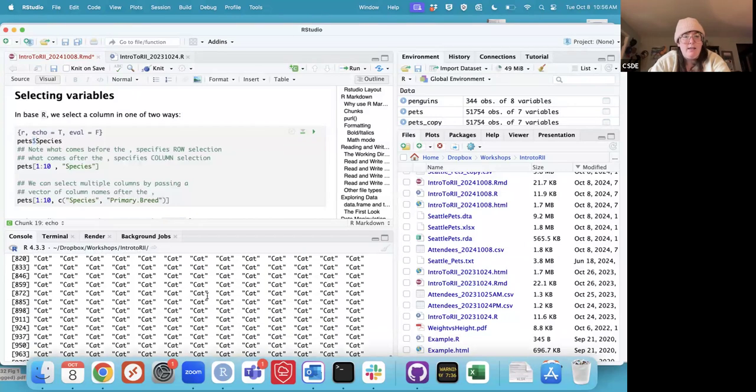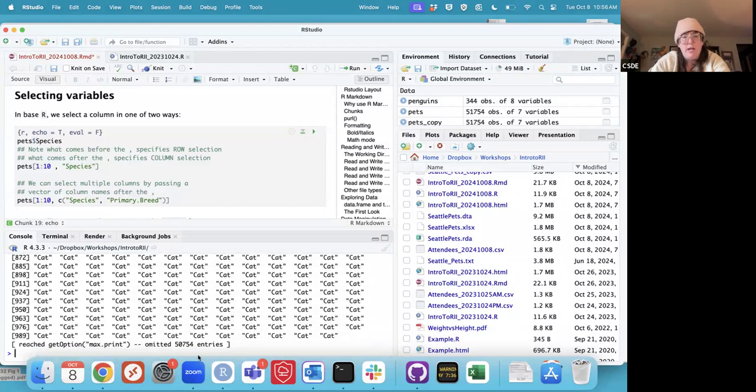If I put that in the console, you can see 1,000 times the word cat. And then of course there's 50,000 other entries that I'm missing. You can also use what you would have learned about last week regarding matrices, the square bracket notation, to specify the rows that you're interested in before the comma and the columns you're interested in after the comma. So if I want the first 10 rows of the species column,